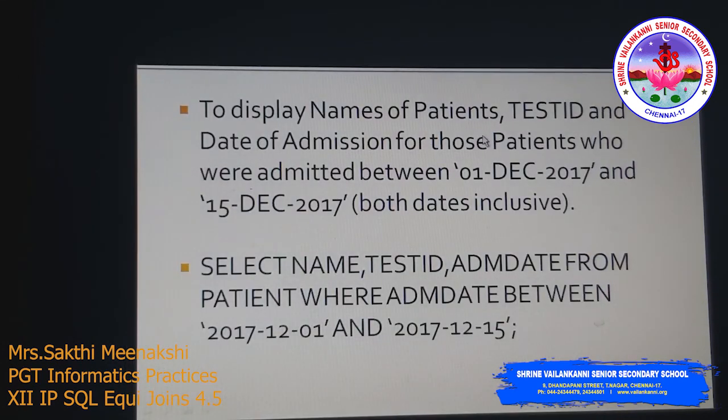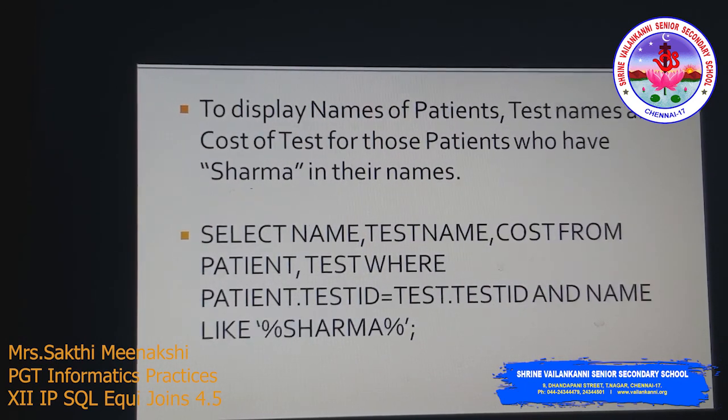So first thing you have to consider, what are the column names. So all these columns are present in a single table, or we have to refer the other table. If it is 2 tables, then you have to write the equality condition. If it is from a single table, you can write the normal single table query. Okay, so please keep that in mind. You have to refer the column names first.